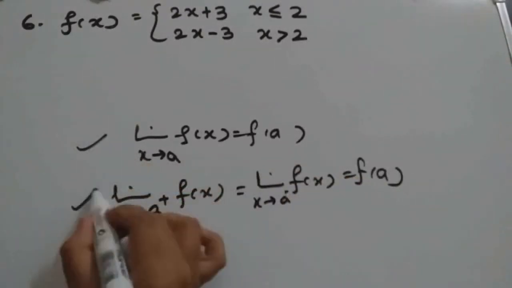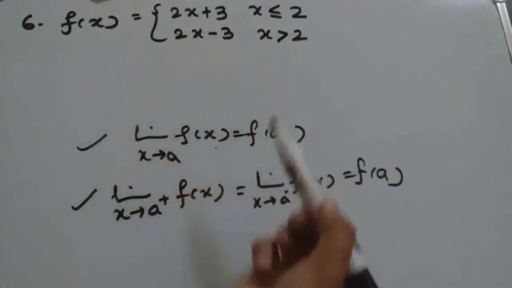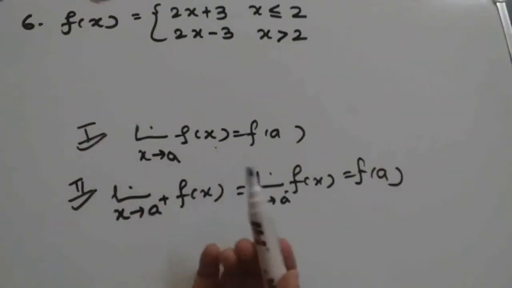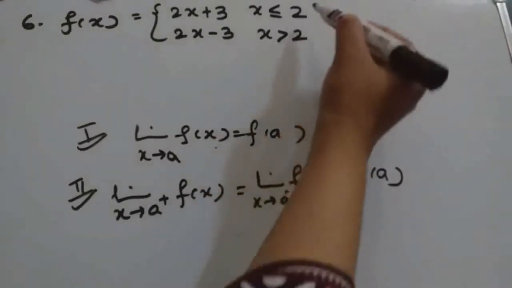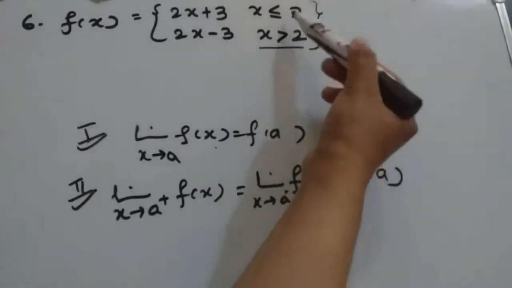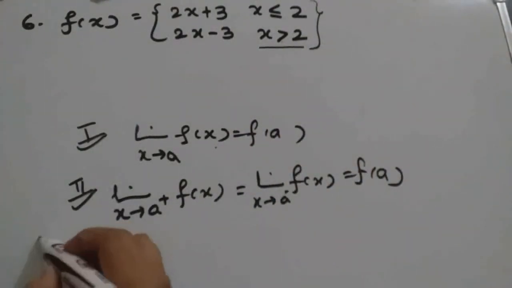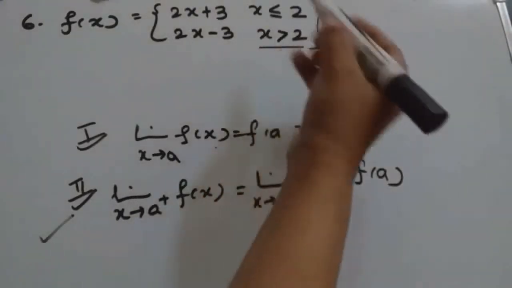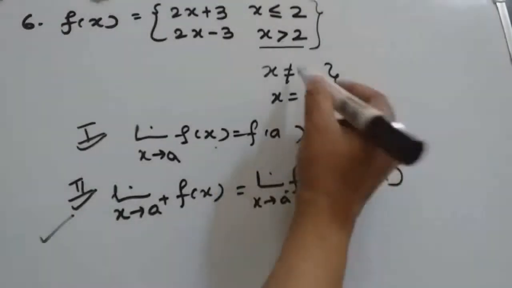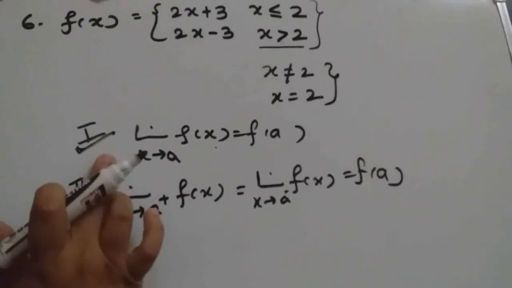So by these two ways we can prove the continuity of the function, isn't it? But for which type of function can we use the first formula, or the second formula? For that you have to check here. See, less than 2, greater than 2, equal to 2. Three things are given here. Less than 2, greater than 2 means left hand limit and right hand limit you can find, so you should go with the second one. Suppose sometimes they will give x is not equal to 2 and x equal to 2. For this type of function you should verify the first one. Okay, I hope it's clear now.